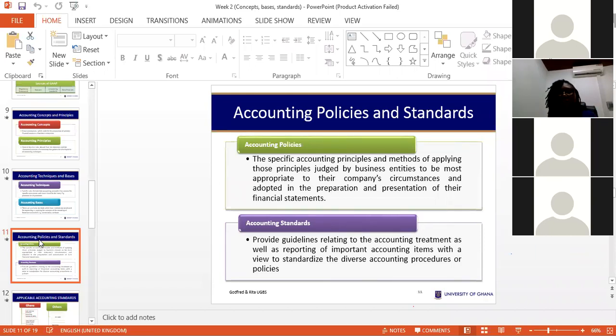So the specific ones that you pick and apply to your business entity become your policy. Out of the general, there are a lot of general ones. The specific rules and the methods that you want to use as a business organization for your activities becomes the